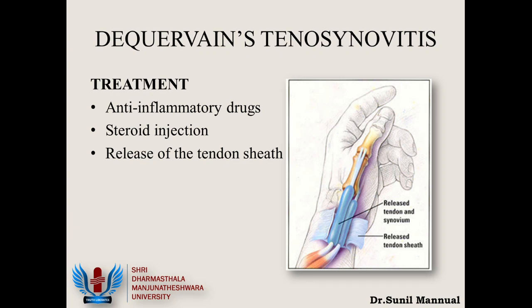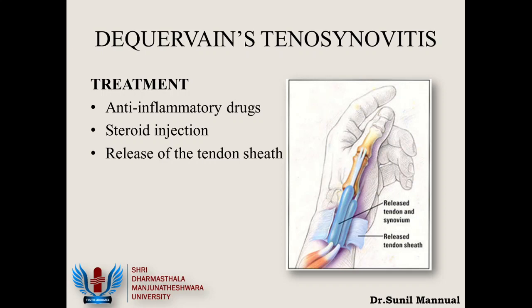My comments for steroid injection would be very similar to the one that I mentioned for the trigger finger, because again here, if my steroid injection gets into the tendon, that can cause a spontaneous rupture of the tendon, and a spontaneous rupture of the tendons that are going for the thumb is going to be very bad for the patient, because the thumb function is going to be severely affected. So we don't want that. However, theoretically for your exams you can put steroid injection as a modality of treatment.